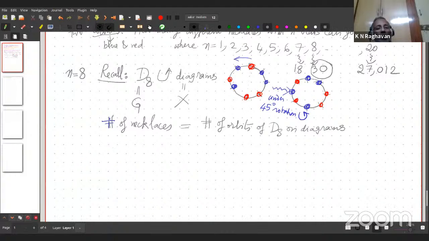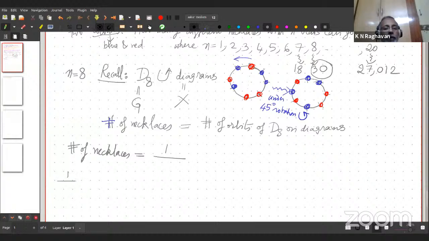So number of orbits, therefore number of necklaces, equal to number of orbits. But what is the number of orbits? What should I write here? So the formula is, let me write it here. This is the right-hand side of the formula. So I'm going to write it. So 1 over the order of the group. So it's 1 over the order of D8. G is D8 here. So 16. Okay. Now here comes the